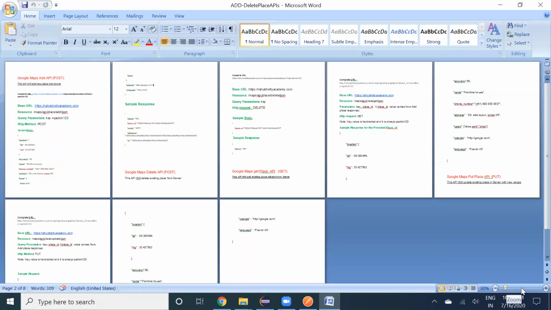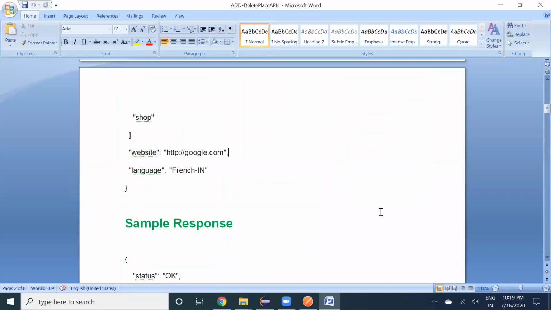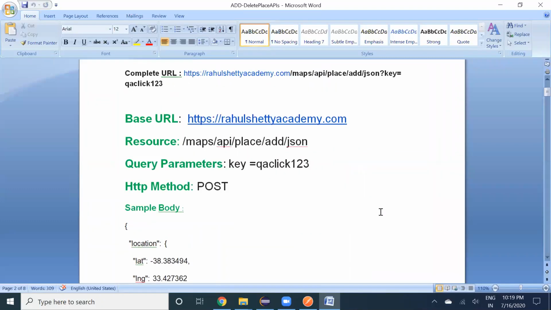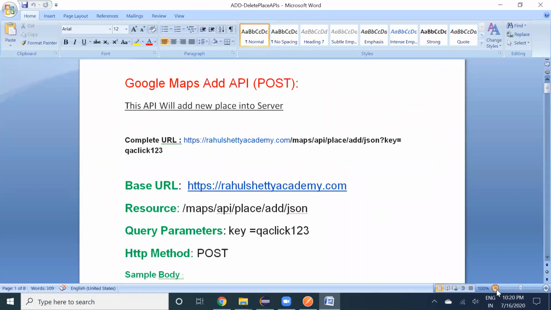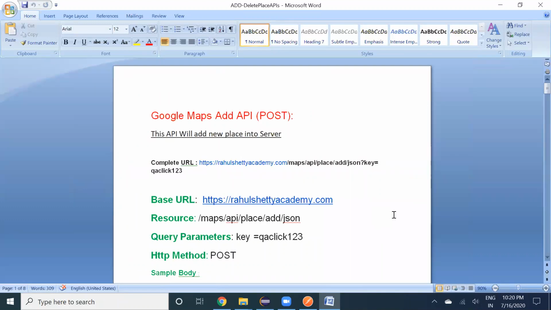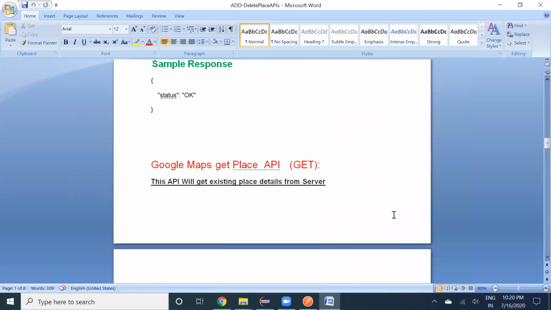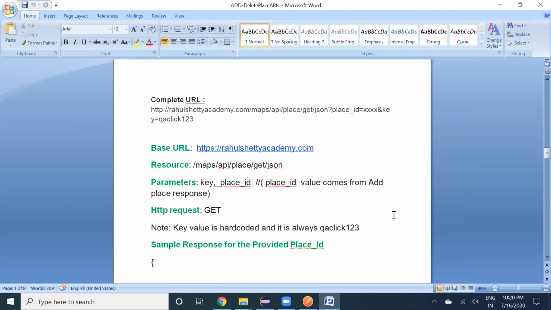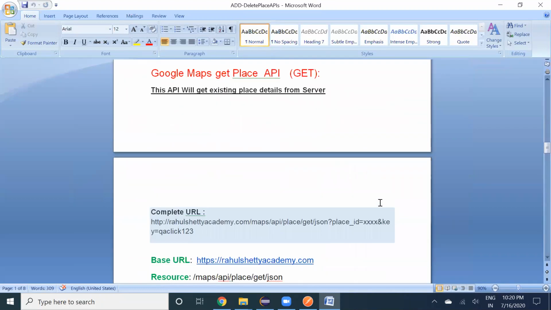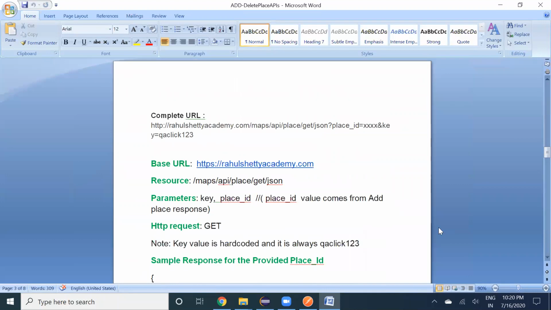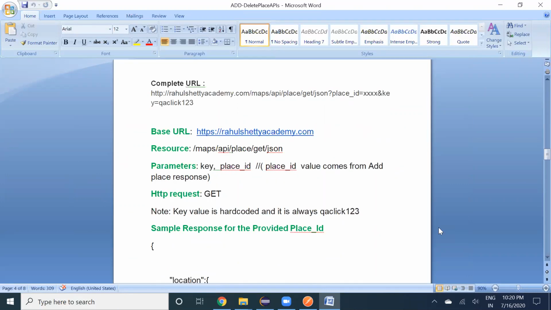Your work is to make sure the contract is fine, that the request and response are matching. You can ask in your company which resource you want to use, what endpoint you want to hit, and what query param you want to pass.